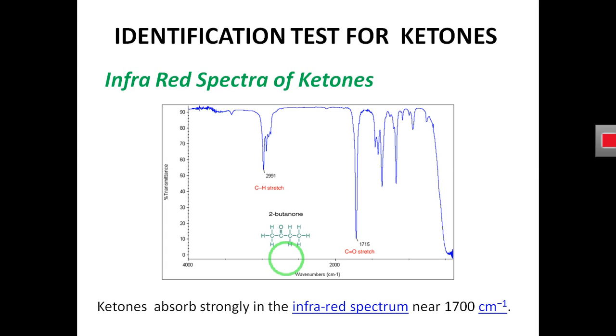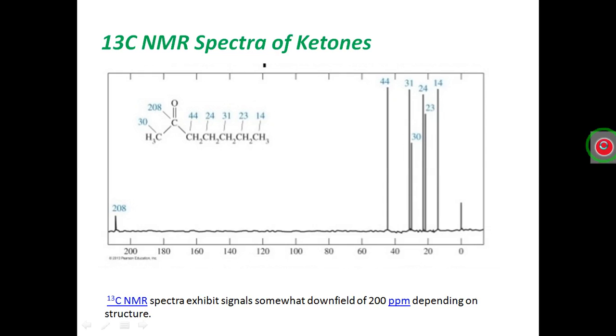Because all these peaks and their corresponding wavelengths are previously defined, when we run this sample in the spectroscopy and develop the spectra, we have to check whether we have a peak at 2991. If we have a peak at 2991, it means that this peak corresponds to the ketone. So we have a ketone in our sample.